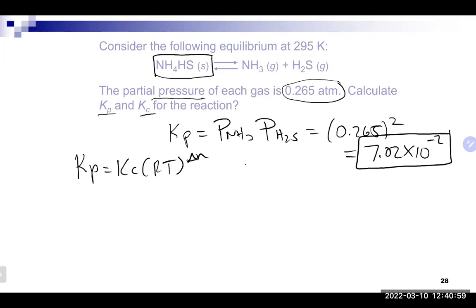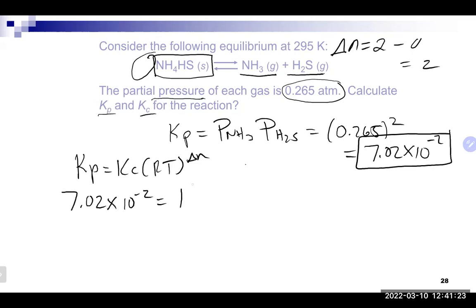In this particular case, our delta N would be our products, which is two gas molecules, minus none, basically, right? Which means our delta N is going to be 2 in this case. And our temperature is already in Kelvin, so that's good. So basically we have 7.02 times 10 to the minus 2 is equal to Kc, which is what we're looking for, times